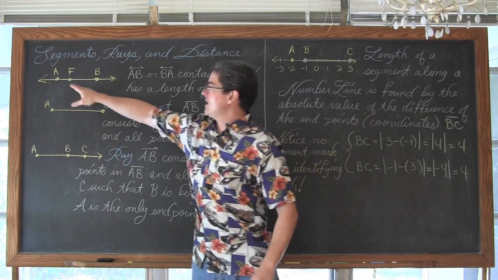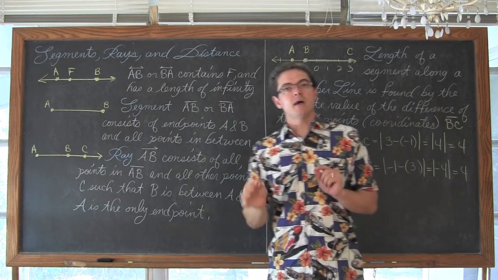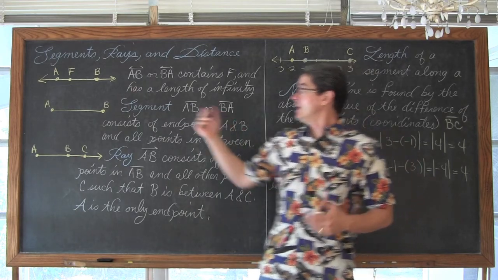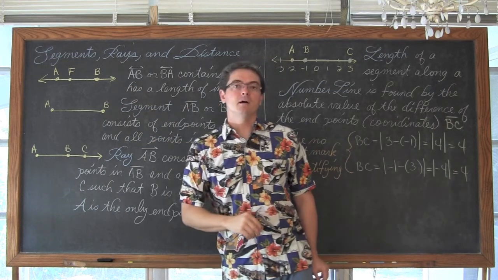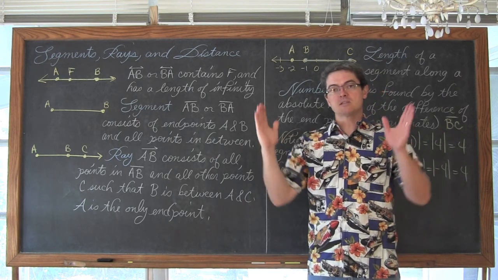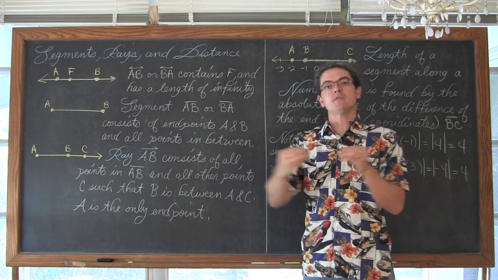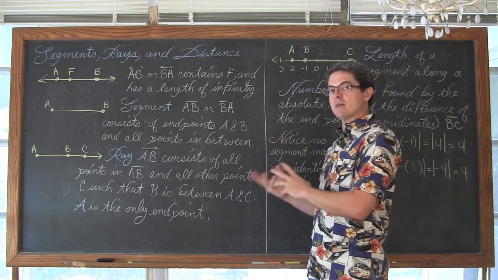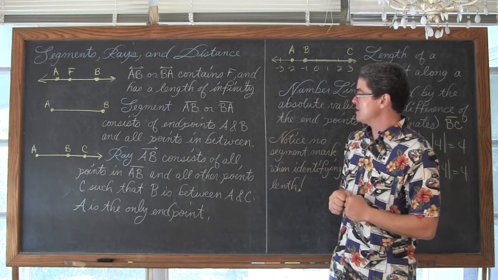Now, the difference between having this additional point of F and not having it is that a line is defined by 2 points, and this third point of F can be anywhere. It can be between A and B, it can be off to the left of A or to the right of B, because that line extends forever. Whereas with the definition of a segment, we have these set endpoints, and we can simply say that the segment consists of those endpoints and all of the points in between A and B. We're not going to put in a random F and say it consists of that point regardless of where it's at, because the segment is just between those endpoints.